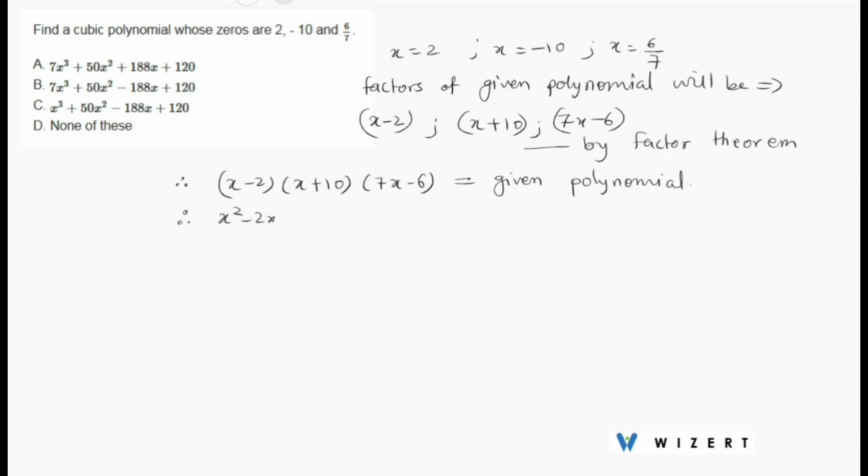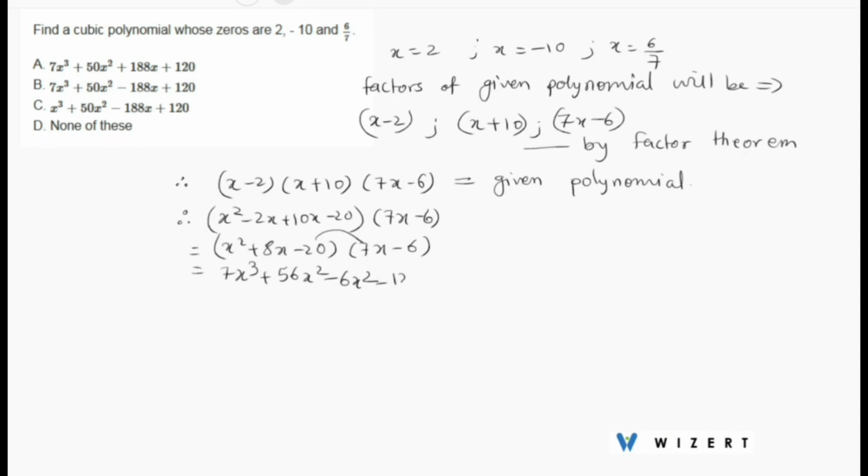So x square minus 2x plus 10x minus 20 multiplied by 7x minus 6, which is equal to x square plus 8x minus 20 multiplied by 7x minus 6. So this will be 7x cube plus 56x square and minus 6x square. Then we have minus 120x